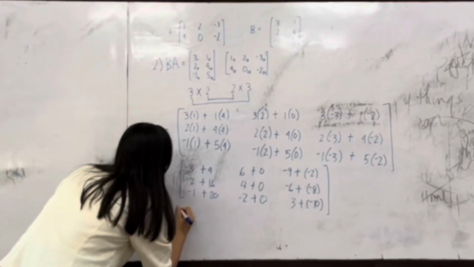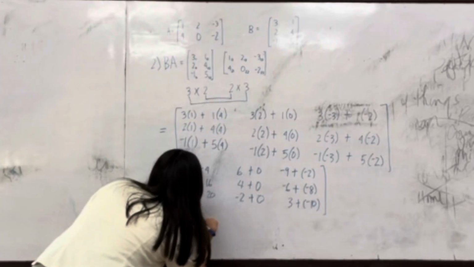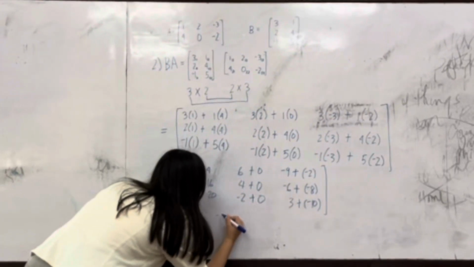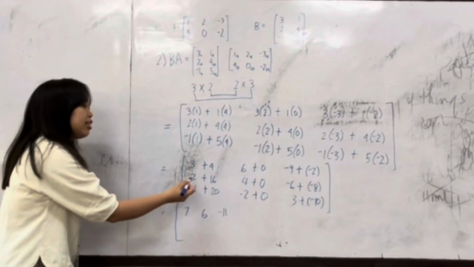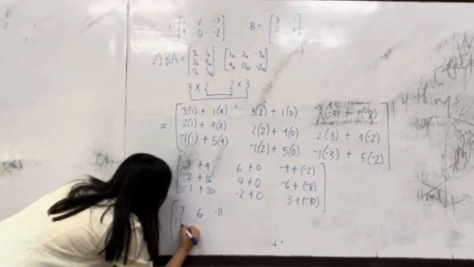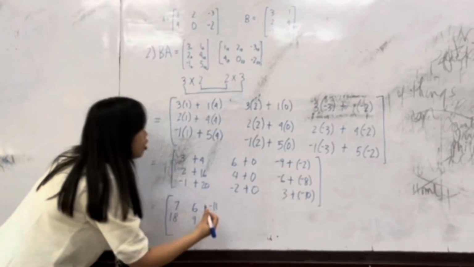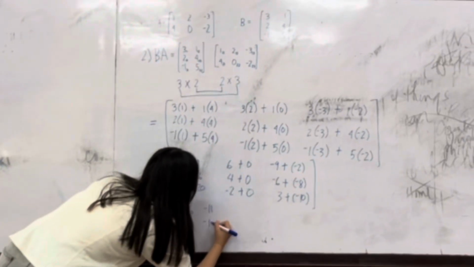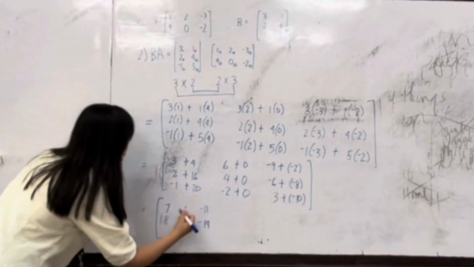8 plus 4, 7. 6 plus 0, 6. Negative 9 plus negative 2 is negative 11. Now, 2 plus 16 is 18. 4 plus 0 is 4. Negative 6 plus negative 8 is negative 8. And then, negative 1 plus 20,